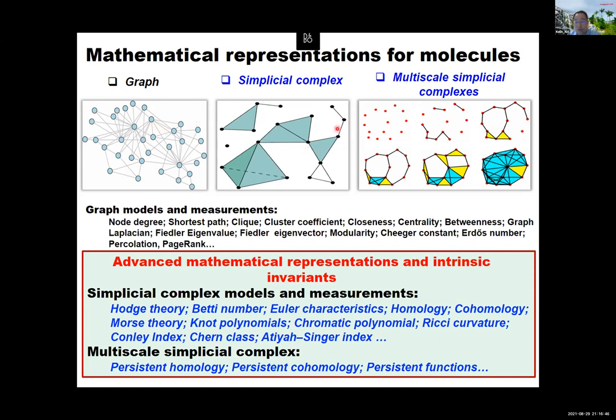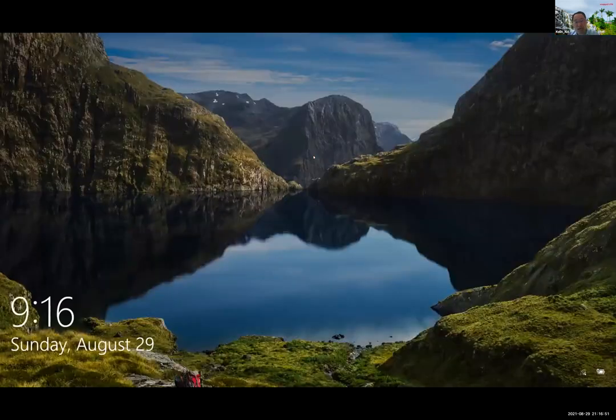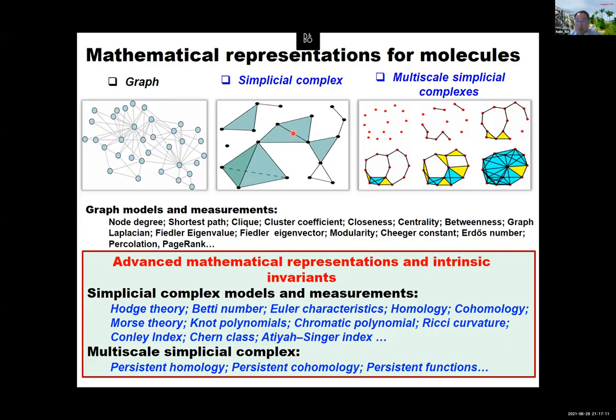But the simplicial complex representation really has great advantages in that it has simplexes, which represent high-level interactions or many-body interactions. So let me try to explain this for you here. In this way, they can have these many-body interactions instead of only the pairwise interactions as in the graph models. And another thing is that on the simplicial complex, various invariants have been proposed, like homology,